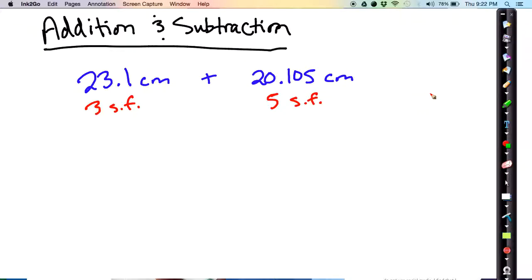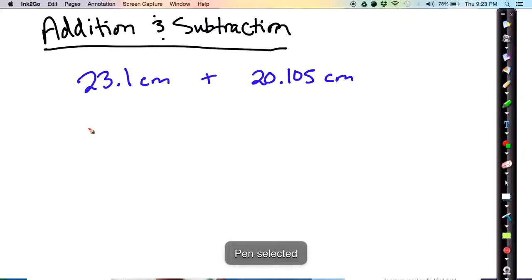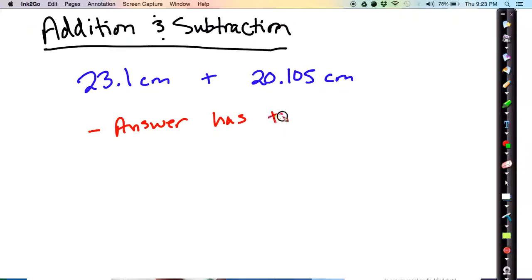Now, it turns out that when we're adding and subtracting, we actually don't look at the total number of significant figures in the measurements in order to determine how to round the final answer. Instead, when we're adding numbers, such as in this case, or subtracting numbers, what we're going to look at is the fewest number of decimal places, or the fewest number of digits after the decimal, in our original measurements. So the answer, when we are adding or subtracting numbers and rounding to the appropriate number of significant figures, must have the same number